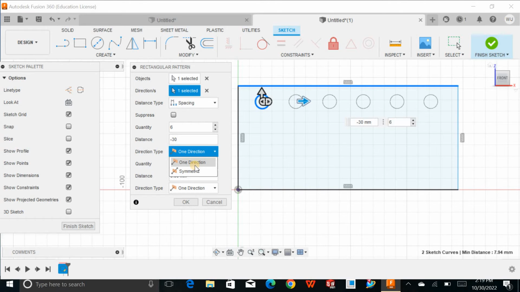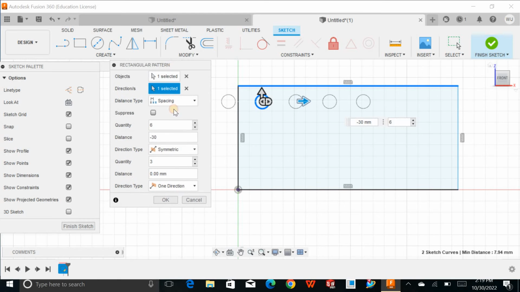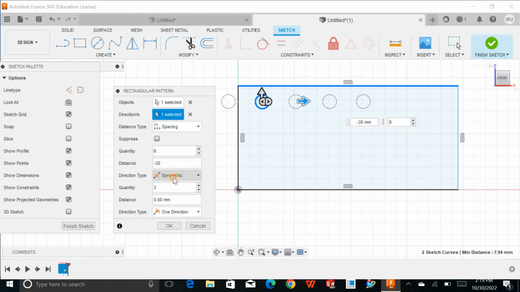You can keep it symmetrical in case of a symmetrical object, and here, see, this would be symmetrical, but this time I just wanted to have it only on one side, quantity 3,